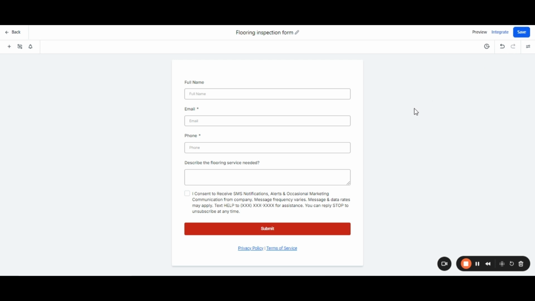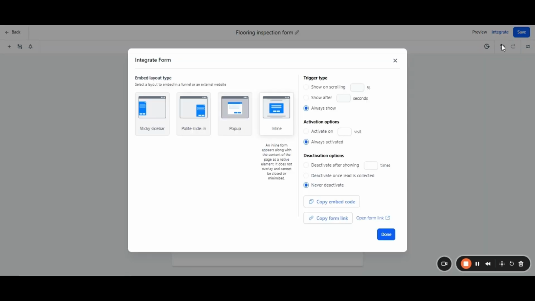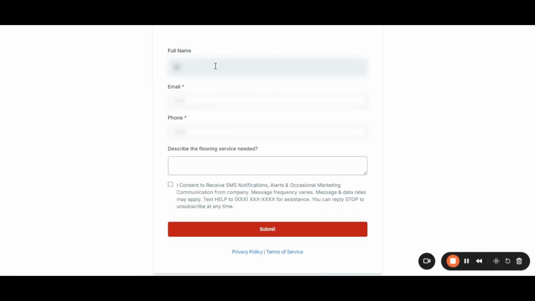Alright, we have built our form in GoHighLevel. Now, if you want to see how your form will work for your leads or for your clients, you can simply click on the integrate option, and in the bottom you will click here. This will bring up the form that you just created inside GoHighLevel. Now here I'm going to fill in the form with some dummy data. That will be name, then email, then we will add the phone number. Next we will type in what service we want